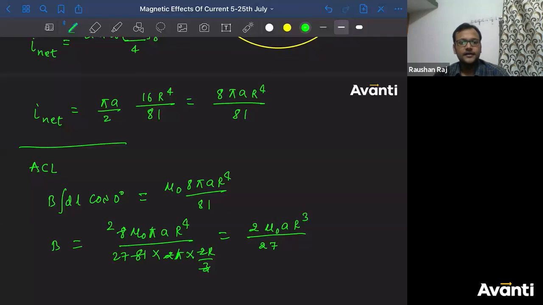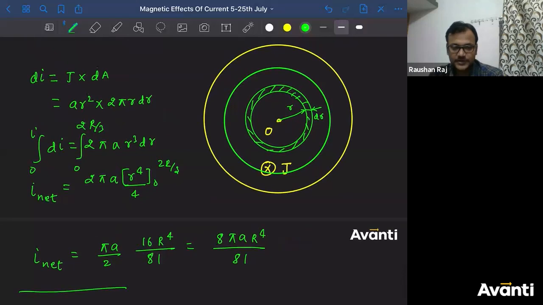Guys, did you understand this part? Click yes if you have understood this. You can get this answer. There has been one instance when the same question has been asked. The only difference was from 0 to r by 2. It was only r by 2, it was not 2r by 3. You have taken r by 3. Why? And Samruddha, by the way, where were you? You were absent for so many days. You were not attending the classes.